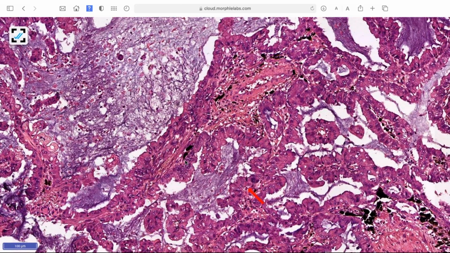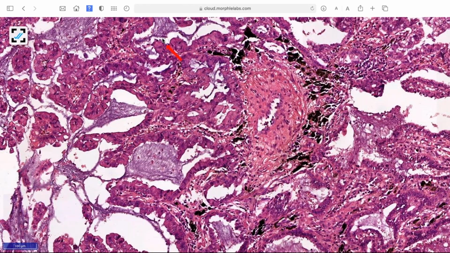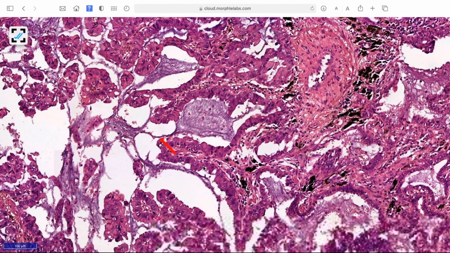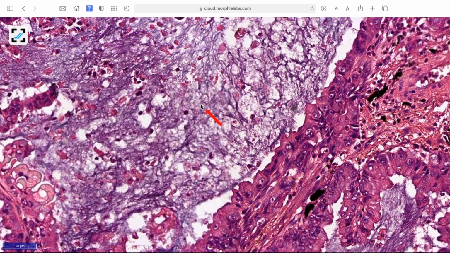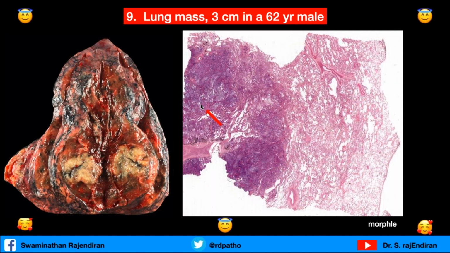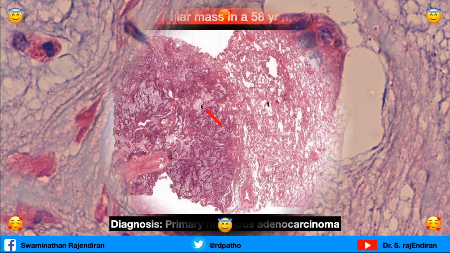When you do mucin stain, you can see the nice intracellular mucins. And whenever you see mucin, you look for any signet cell. When the signet cell is present, it is a poor prognosis. Intracellular mucin can be in 2 types of cells. It can be tall columnar cells, or round or oval cells with a nuclear push to the periphery with a nuclear indentation. Both are intracellular, but one is signet cell, the other is columnar cell. That differentiation is very, very important because signet cells carry a very bad prognosis. So this is a primary mucinous adenocarcinoma.